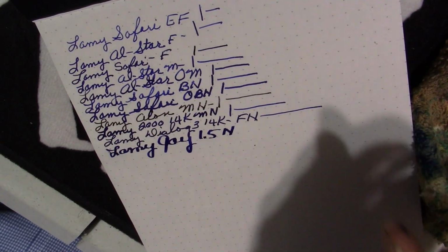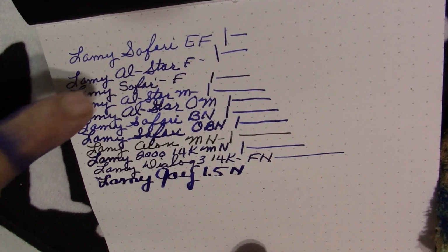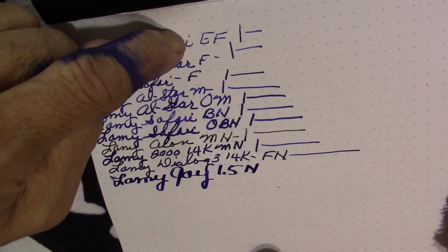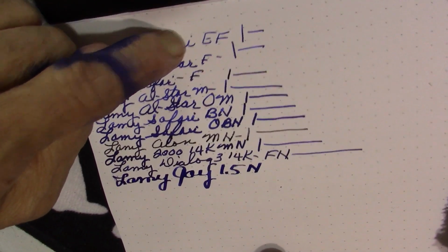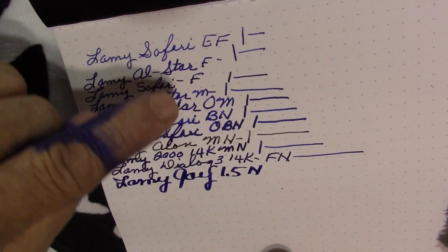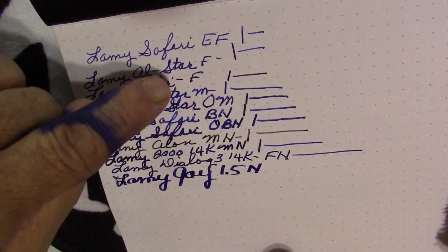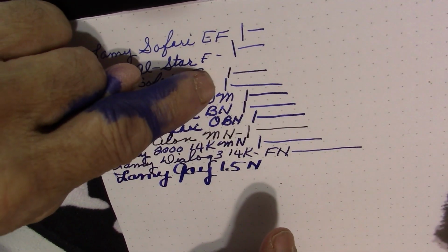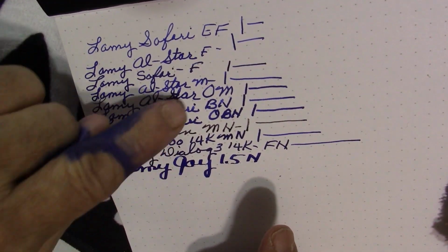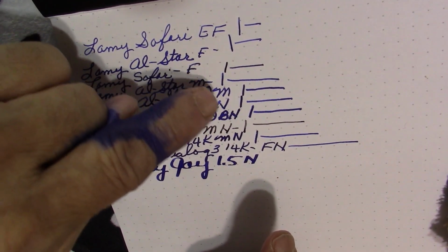All right, so here we go. So, as you can see, the different line variations, there's not really a whole lot of difference between the fine and the extra fine. Between the medium and fine, there is some difference on the line variation, as you can see. Not a lot, but there is. On the oblique medium, there is a bit more line variation